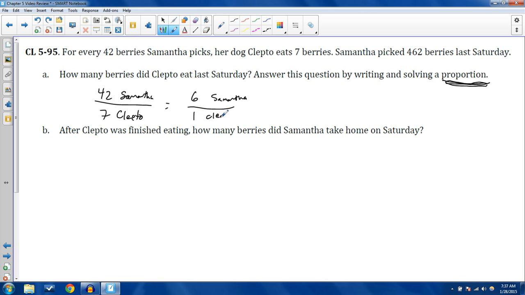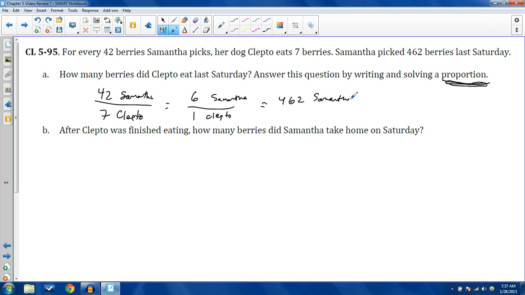That just helps me in the long run so I can use smaller numbers. So 6 over 1, this is the ratio. It means every time Samantha picks 6 berries, Klepto eats 1. That's the rate we're going by. Samantha picked 462 berries last Saturday. So setting up a proportion,